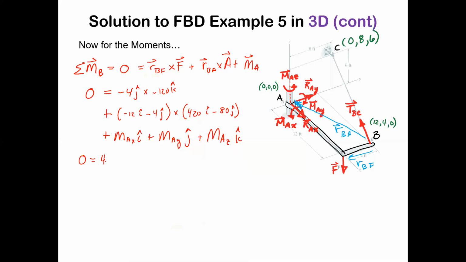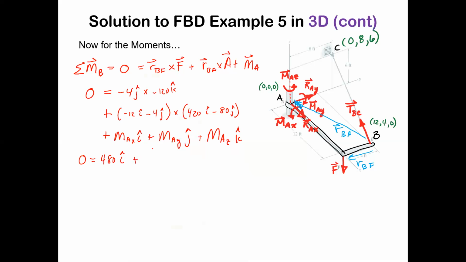So that's going to equal 480. So that's minus 4J cross minus 120K. So again, J cross K is I, and minus 4 times minus 120 is 480. That's going to be 480I